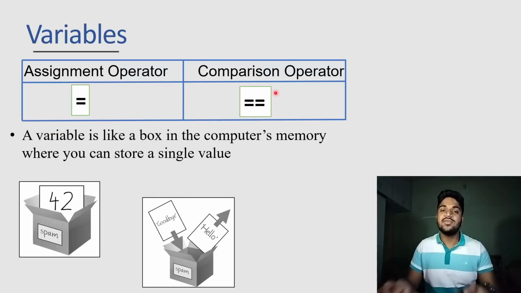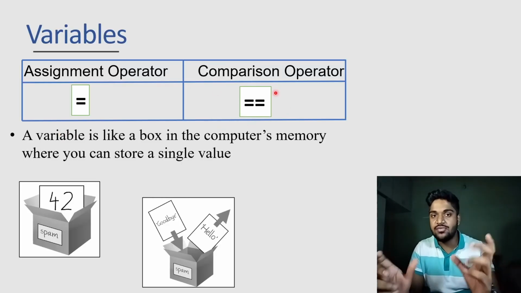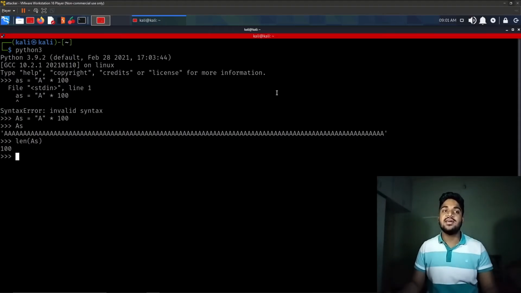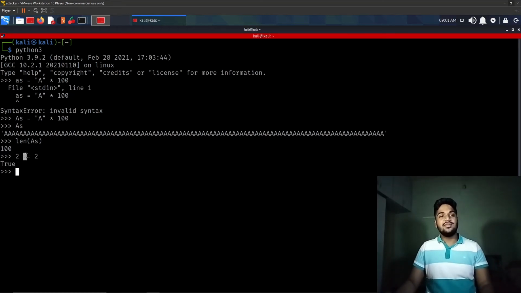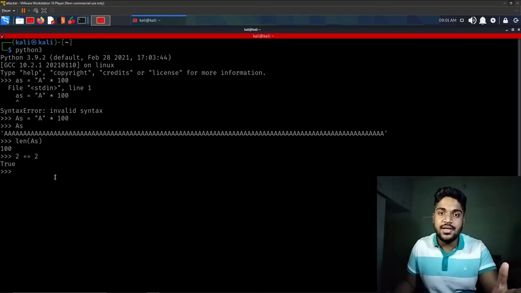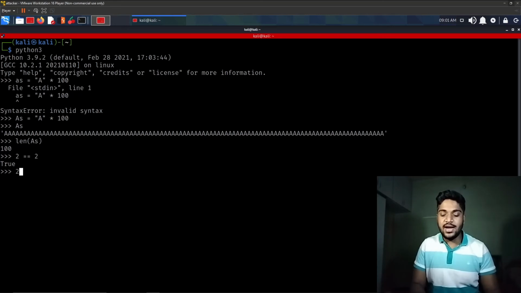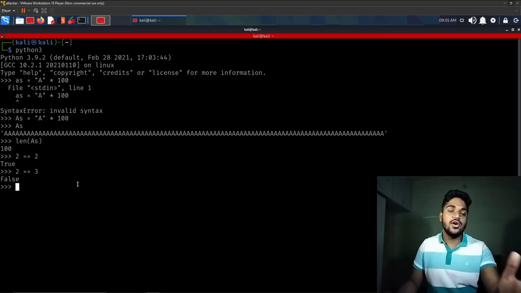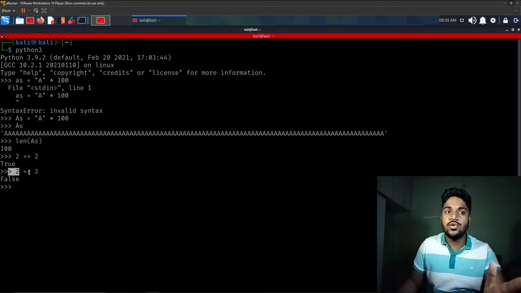And comparison means we are just comparing two sides with two equal to signs. Let's say I want to compare if 2 is equal to 2, it will tell me true. Double equal to is a comparison operator, which I told you is a boolean. And if I try 2 is equal to 3, it will tell me it's false because 2 is not equal to 3.